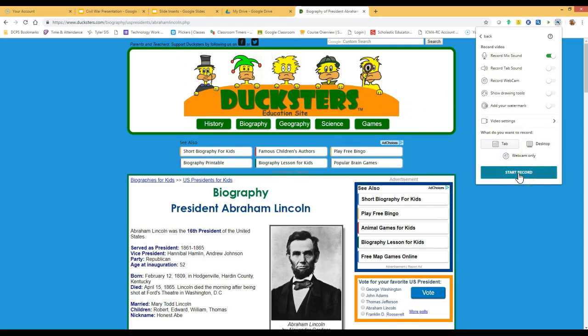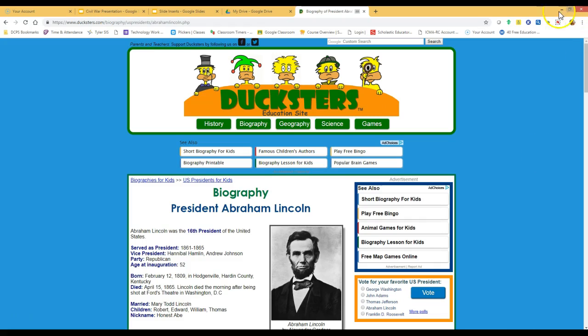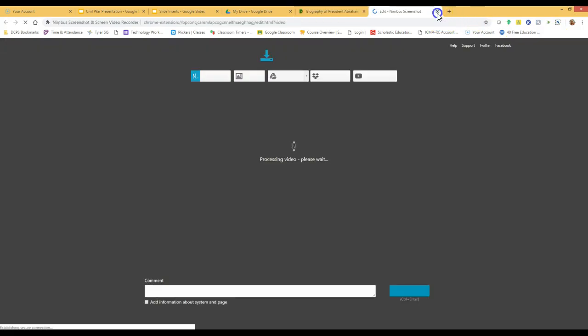And when you hit start record, this Nimbus will turn red. That lets you know that you're recording. If you click on it, then it will come up and show you the time that you've been recording. So I'm going to stop this recording, close this window out,